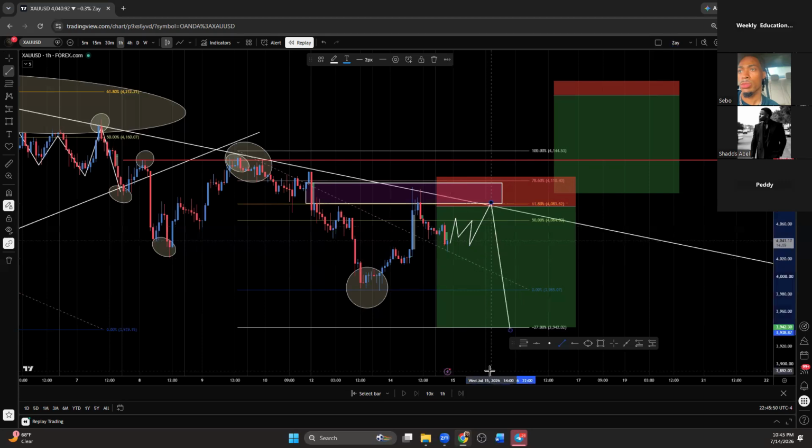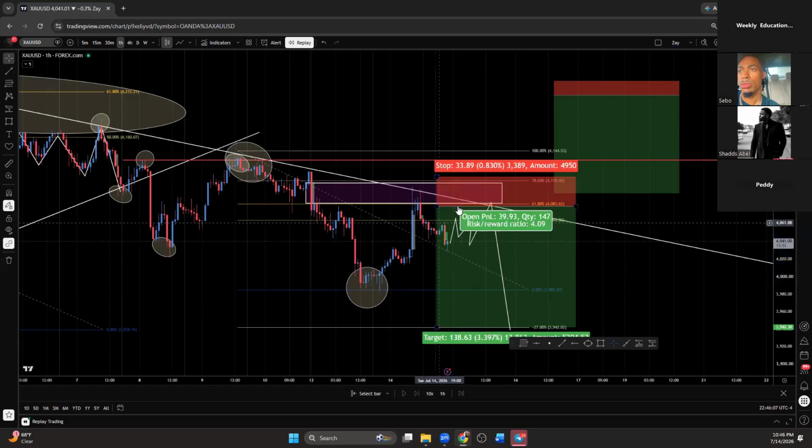You know what I'm saying? That's what I would like to see. I would love for us to be able to get into this trade. So for now, I honestly don't see a break of structure just yet, well, take that back. Yeah, I think we got a break of structure. Anyways, I want to see a nice retracement before I can actually get into this sale. I don't want to sell it here.